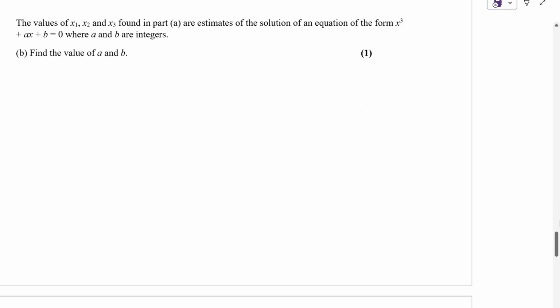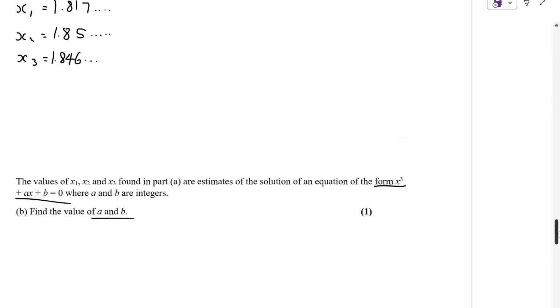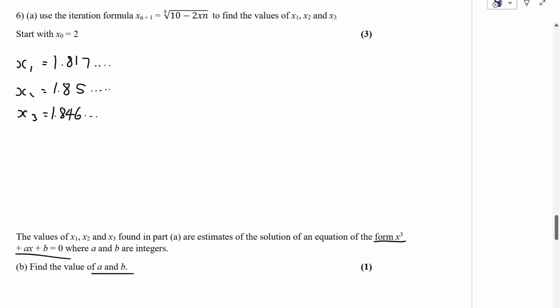Part B, 1 mark. The values of x1, 2, and 3 found in part A are estimates of the solution of an equation x cubed plus ax plus b equals 0. Find the value of a and b. Okay, so if you remember from our previous question, we said that this iteration formula here is a rearranged version of another equation. So that's what this part is asking for. They want to know what is that